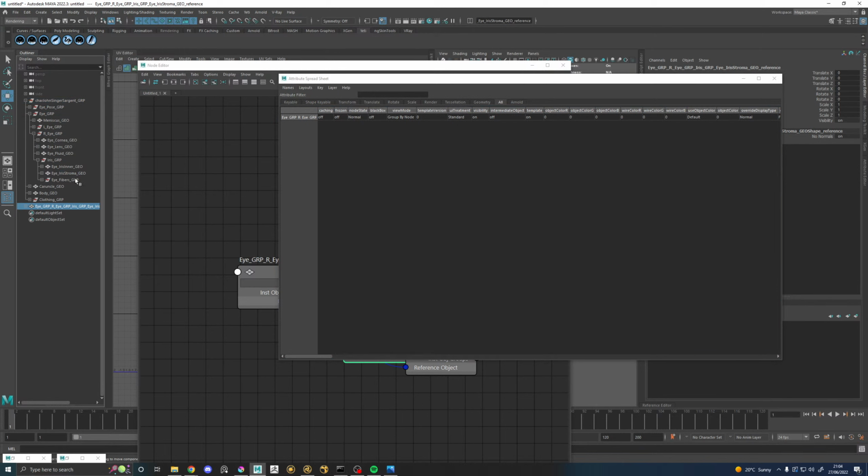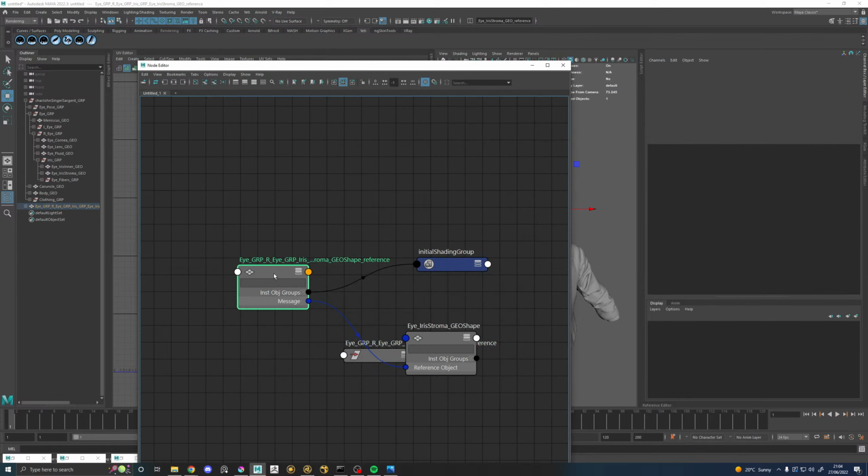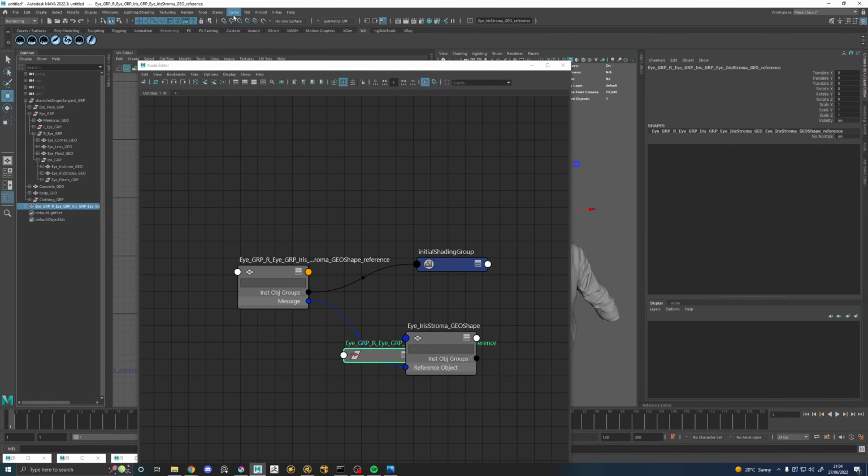So the length of that isn't changing, so it's not storing the attribute. So if I